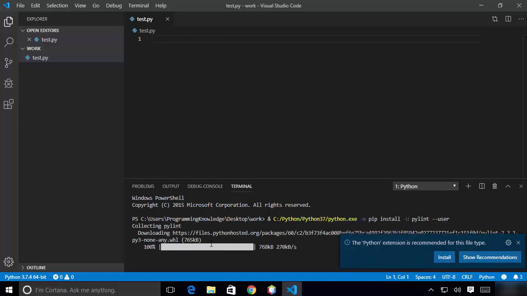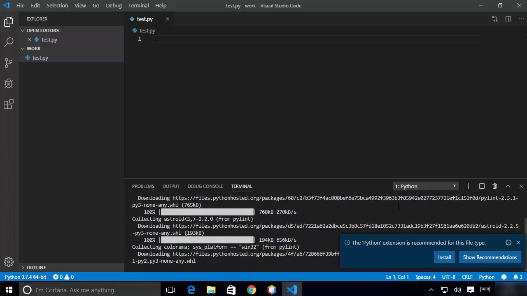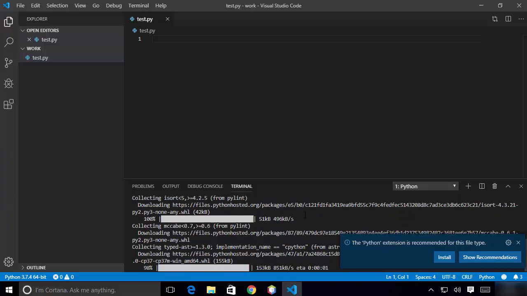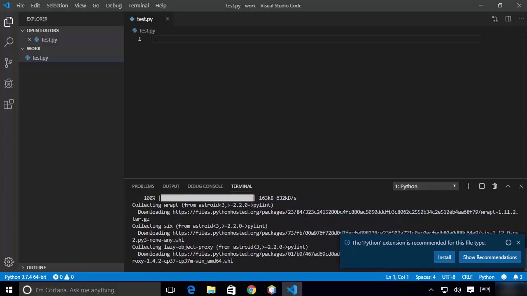You can see it's installing this package, and you will also observe that this package is just a pip package, and you can see this command is already given on your terminal, which is pip install pylint for this user. So if you want to install pylint manually, you can also give this command using pip.